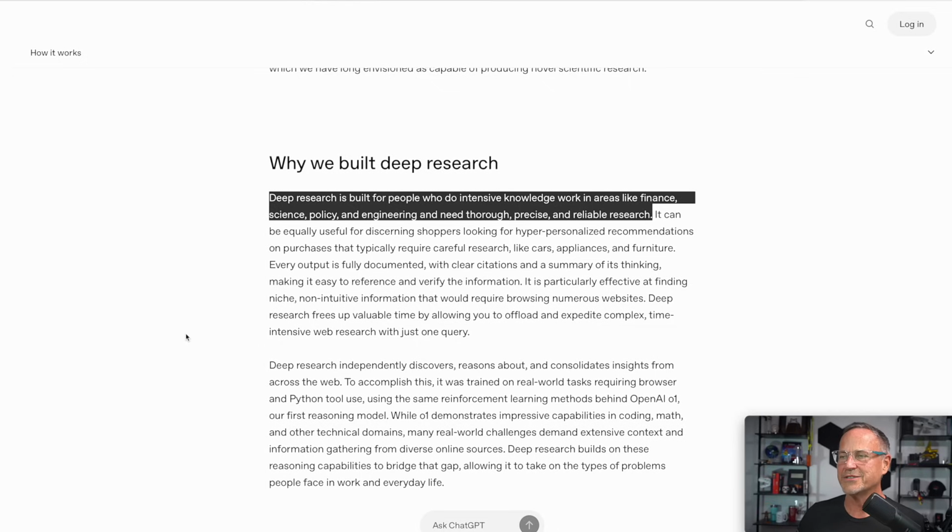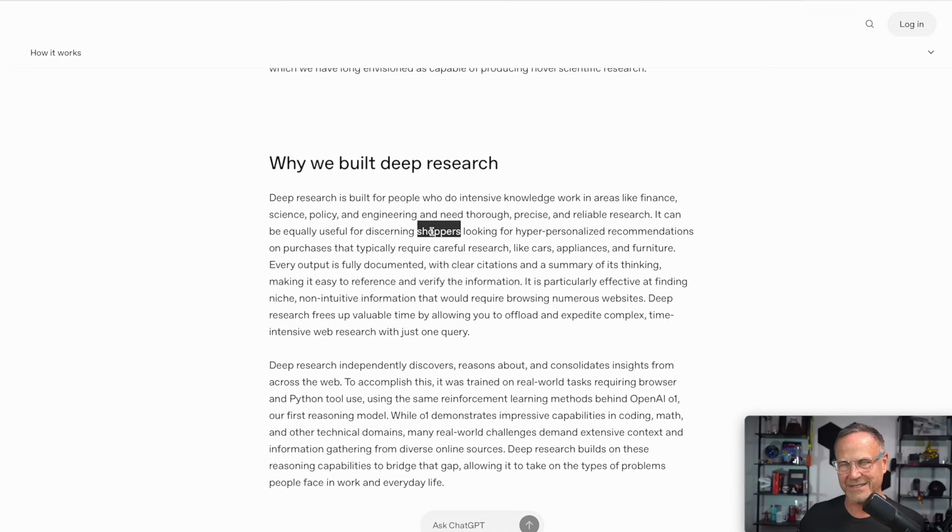Anyway, Deep Research is built for people who do intensive knowledge work in areas like finance, science, policy, and engineering and need thorough, precise, and reliable research. It's also good for shoppers, etc. So, basically, if it's something that might take you hours or days to do yourself, this is a great way to do, as Dave Shapiro calls it, cognitive offloading, to get rid of some of the work, some of the brain cycles that you would have to expend